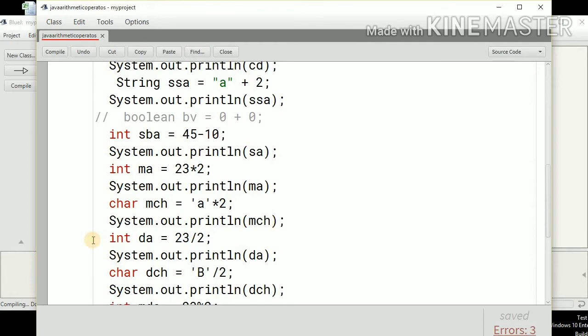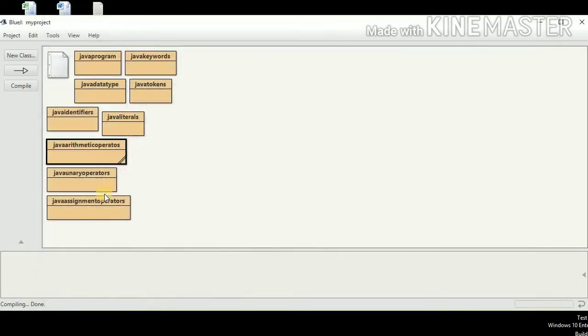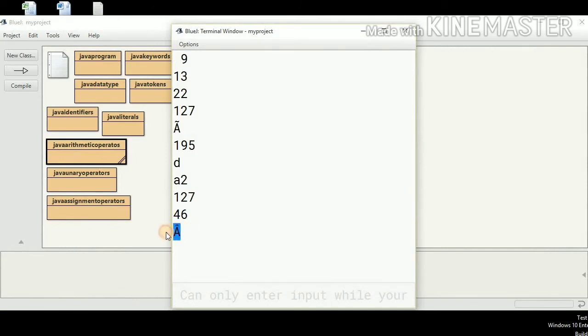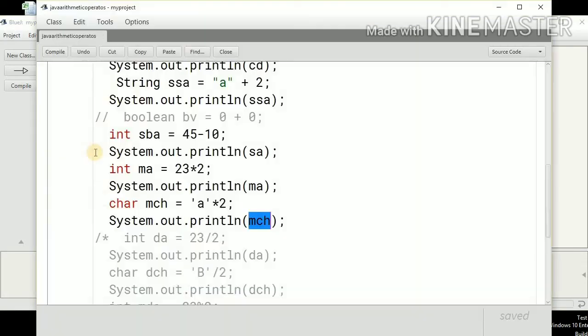So let's see what is the output of this MCH. Right, this is the character at place 184. This is how we can see that the subtraction and multiplication operators are very much similar to how we use the addition operator.